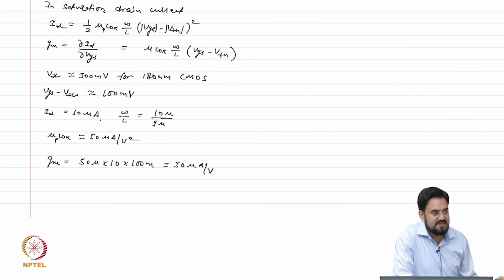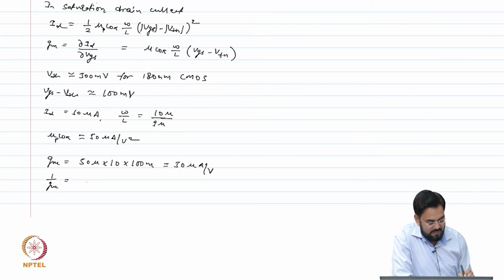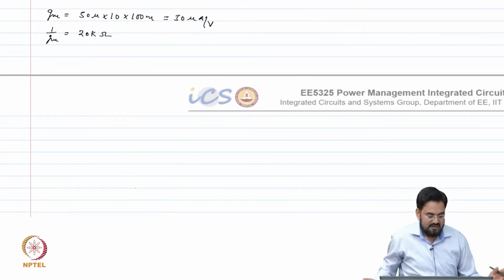100 milli is your VGS minus VTH. So, this is 0.1 into 10 is 1. So, which means 1 over gm is what? 20K, correct, and your capacitor,